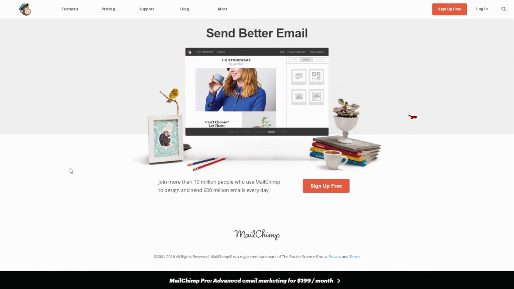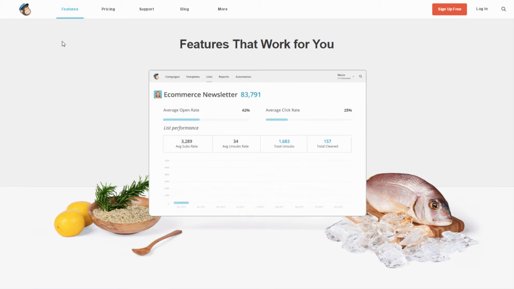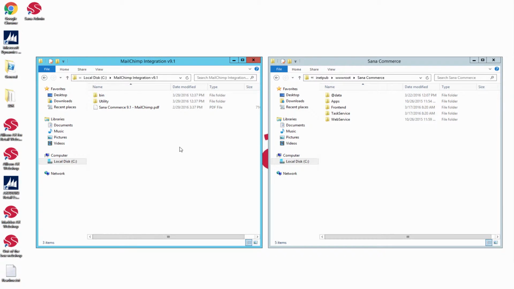Sana Commerce is now integrated with MailChimp, an email marketing solution which allows you to send emails, automated messages, and marketing campaigns to the target audience based on the customer's behavior, preferences, and sales order history, which is stored in your ERP system. MailChimp for Sana is available as an add-on which can be easily installed for your Sana Commerce